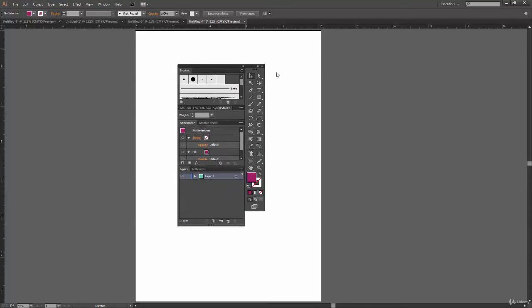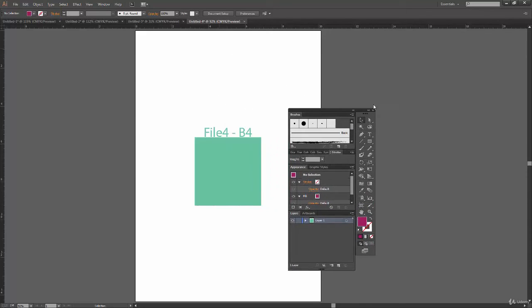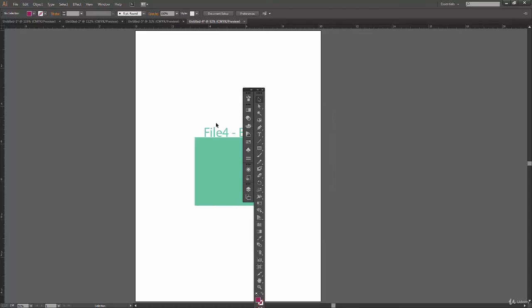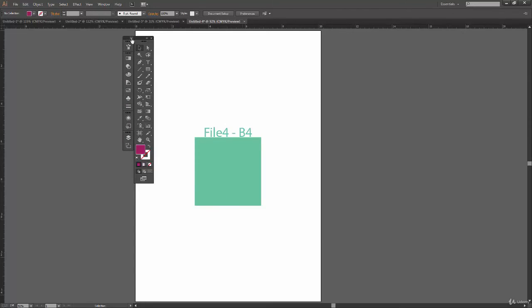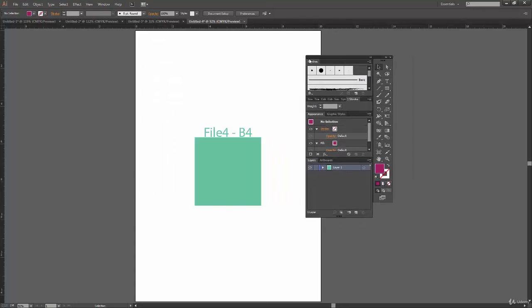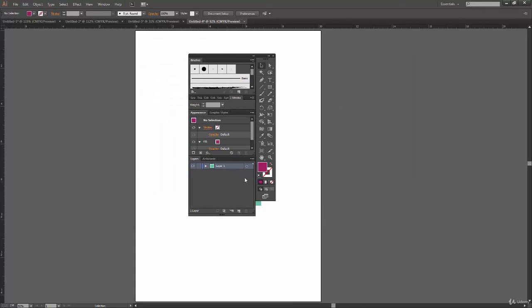Now these two things are stuck with each other, and no matter whatever I do, these two bars will go together. So to undock the toolbar from the panel bar, we have to click here,